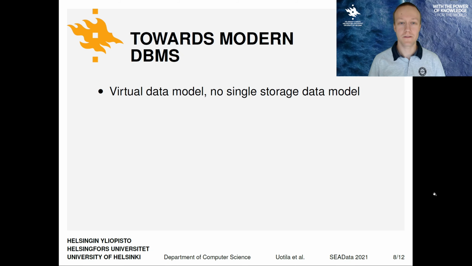Next, let's proceed towards solutions to the presented challenges. The principle of databases is that there is no single data model that is the best or the worst. Therefore, it's time to introduce the concept of a virtual data model. A modern database should provide the concept of the virtual data model to the end users. The virtual data model design could be similar to the concept of virtual memory in classical operating system design, or similar to the virtual machine in modern cloud computing environment design.